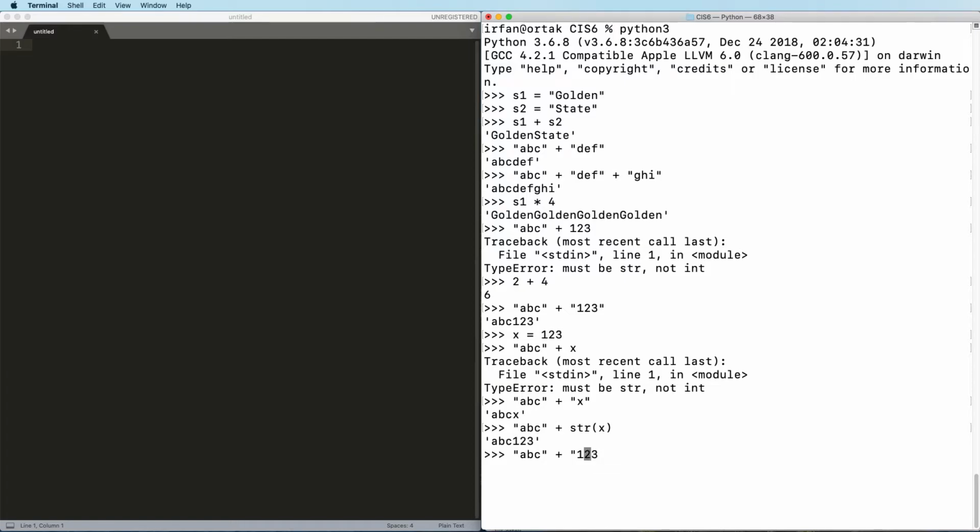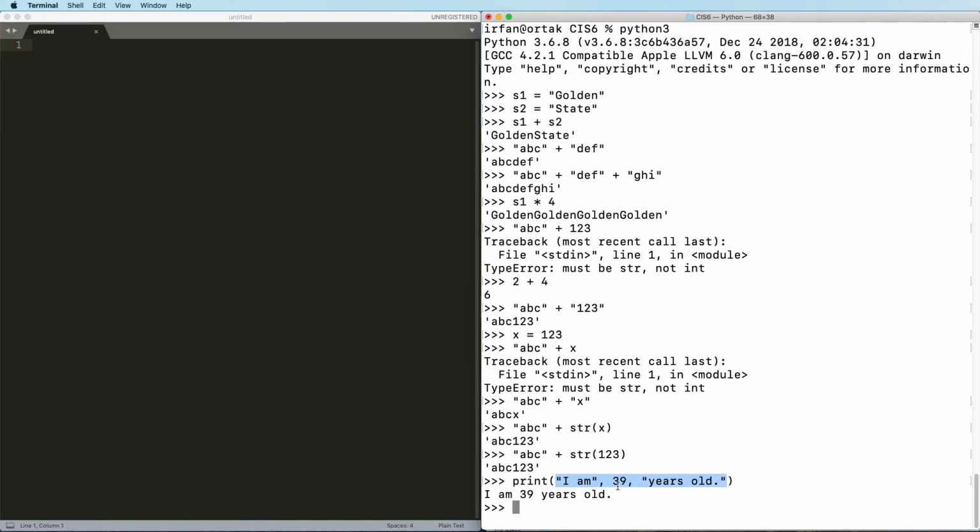No, because I meant to say str, and this will work as well. There you go. So far we learned how to print things in, say, I can say "I am ", 39 comma " years old". Okay, so this will work fine, but what if I want to combine them or concatenate them and